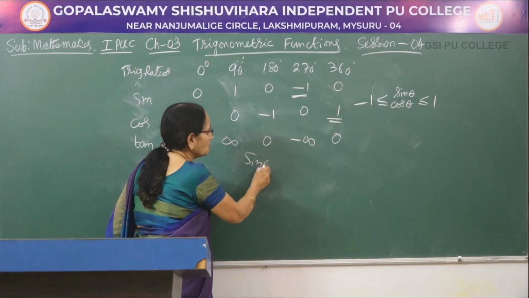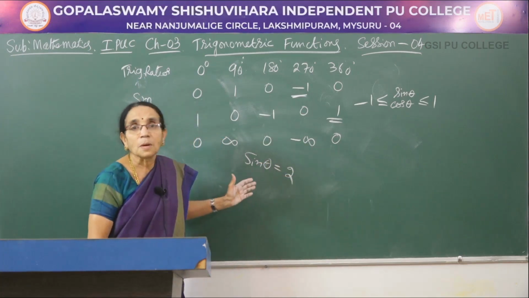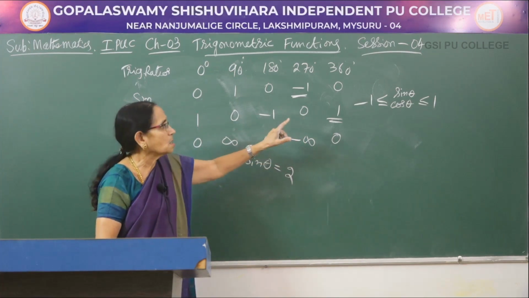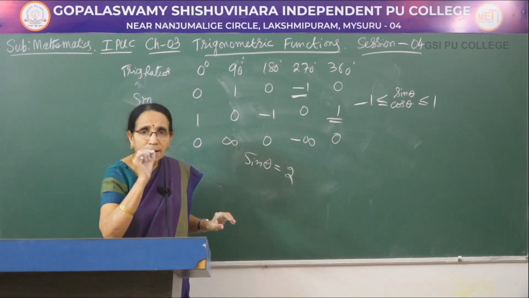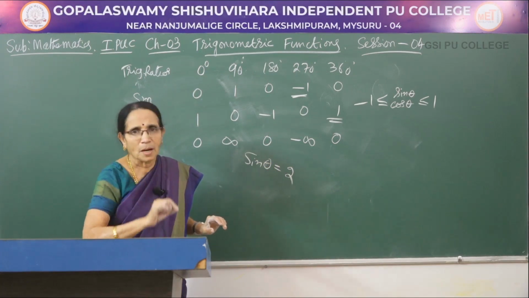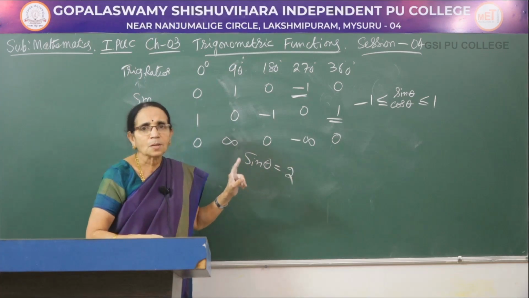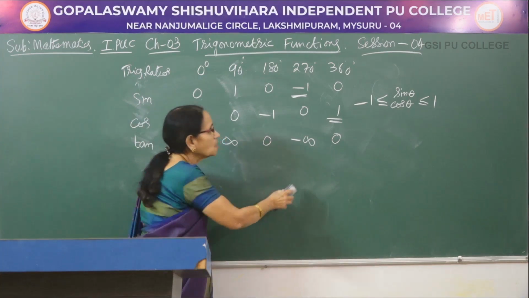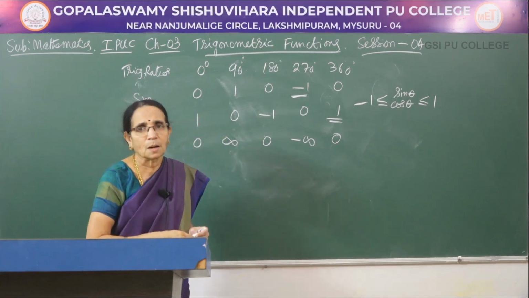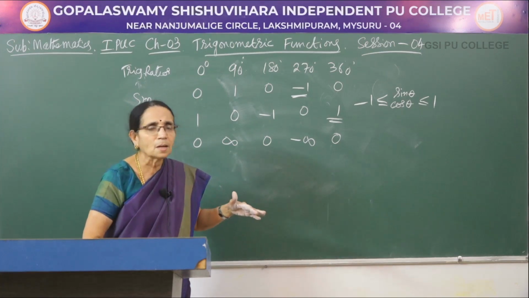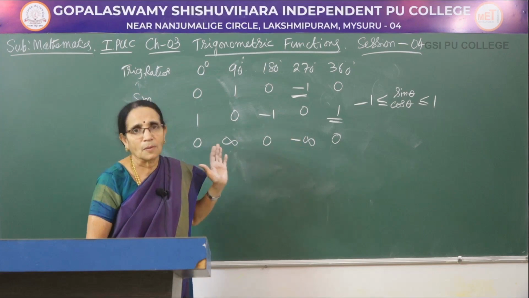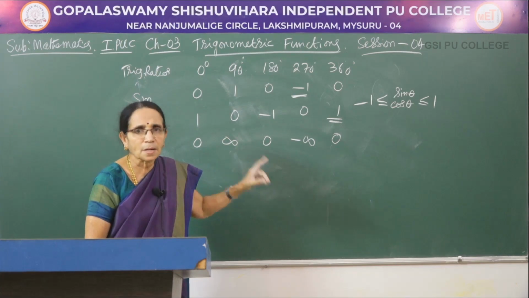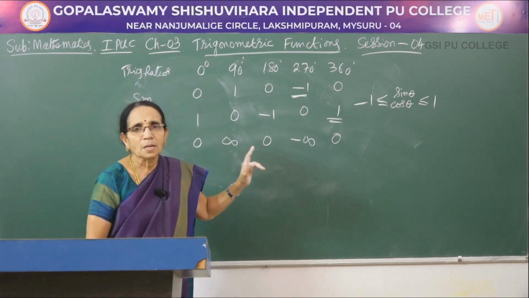Suppose I come across a problem where sin theta is equal to 2, it is a meaningless statement. It cannot cross the value. It cannot be more than +1, it cannot be slightly more than 1 or slightly less than -1. It has to lie between -1 and +1. It can be negative or positive, but strictly it will lie between -1 and +1 for any value of theta. It may be a very big angle or a very small angle, because theta takes all the real values. So, irrespective of the value of theta, the values of sin theta and cos theta always lie between -1 and +1.